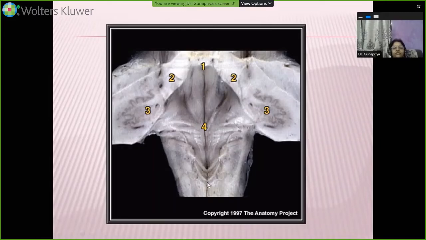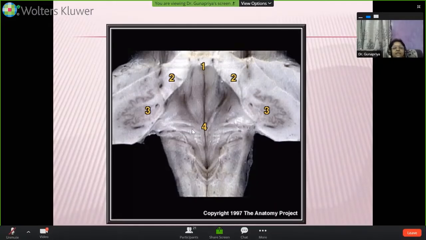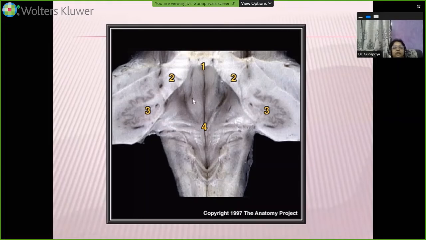So I think all the features you can make out very well. These transverse fibers are striae medullares, median sulcus, facial colliculus, sulcus limitans, superior fovea, and locus ceruleus. And this area is your vestibular area. To repeat once again on this specimen, superior angle and inferior angle. The superior angle is going to continue above as the cerebral aqueduct. At the inferior angle, the cavity will continue as the central canal. That is the superior cerebellar peduncle, a part of the cerebellum, dentate nucleus.